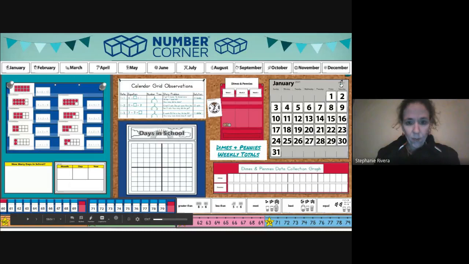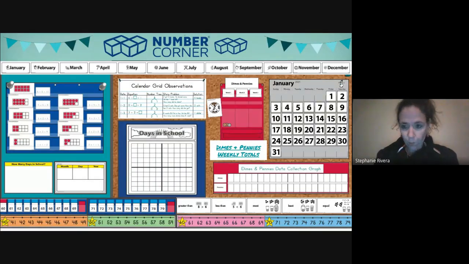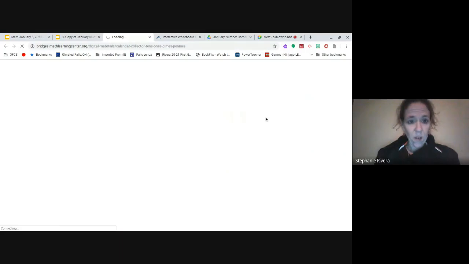Okay, it is time for some math, and you are looking at our January number corner for the month of January. And we talked about the fact that we started a new year. January started on Friday last week, January 1st. Saturday was January 2nd. Sunday was January 3rd. Yesterday was January 4th. And today is Tuesday, January 5th,